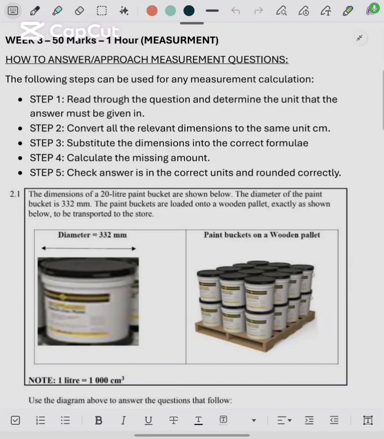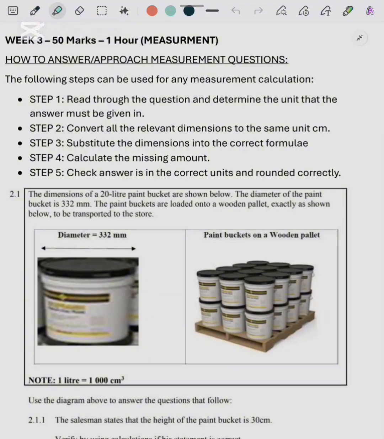So this is week 3's weekly activities in term 2, and the focus this week was measurement. And the activity actually included these helpful steps at the beginning regarding how to do a measurement question if you're not sure and you can't see the way to calculate it. And the key things that I just want to highlight before we get into the questions is the first thing